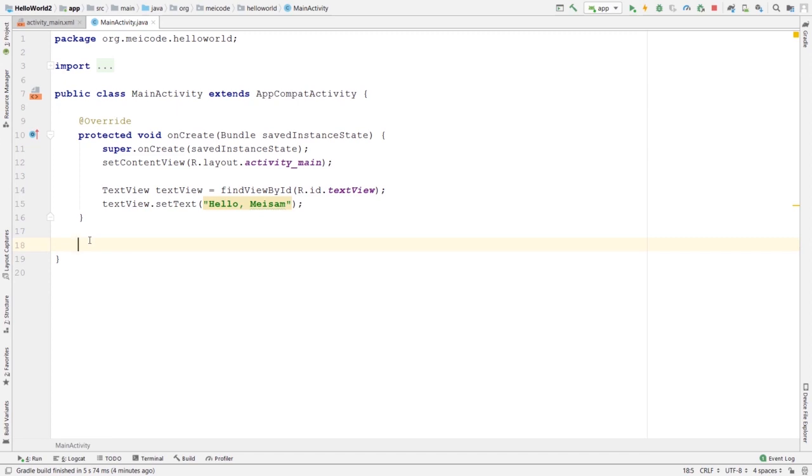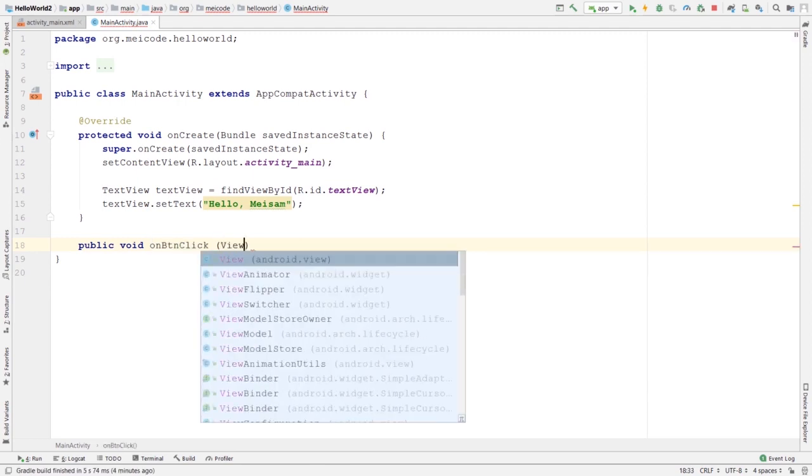I'm going to type a new syntax which you haven't seen so far, but don't worry about that. We will be talking about all the details of this onClick. I can say public void, the name of my method, which I can paste, a pair of parentheses, a View object,